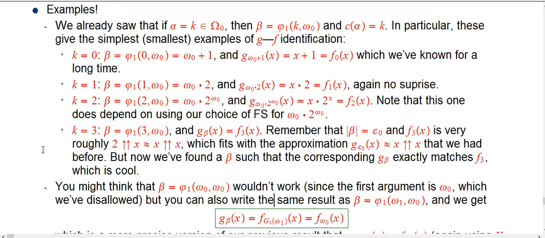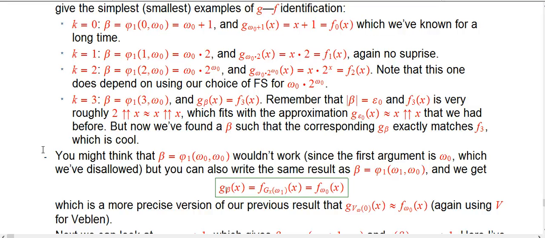If that's our beta, we're going to have that g beta of x is f of, we do two things. We extract that omega 1 and then we gx it. And remember, the gx of omega 1 is just omega naught. And so that's going to be f sub omega naught of x. Okay, so that's cool. We've found a very particular beta, namely, you can write it either way, but let's think about it this way, or you can realize that a little simpler way to think about it is this guy. Okay. And it's a beta such that the g at that level replicates f omega naught of x, which is getting